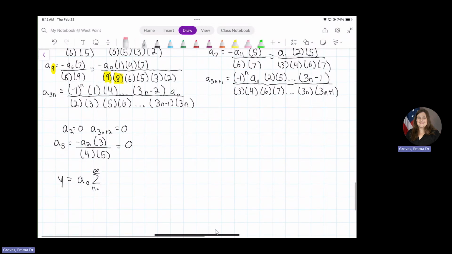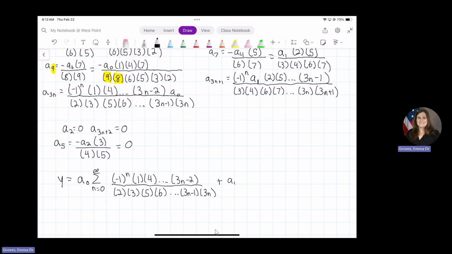It does not start at 1. I apologize. It does, in fact, start at 0 because we want to get that constant term. I almost missed out on that. Okay, of negative 1 to the n, 1, 4, all the way up to 3n minus 2 over 2, 3, 5, 6, all the way up to 3n minus 1 times 3n